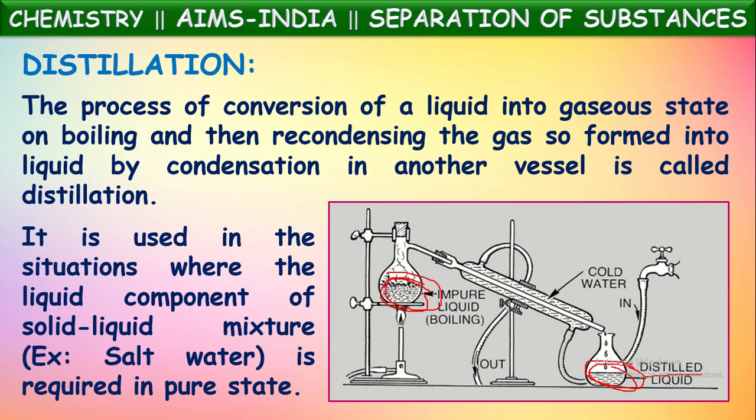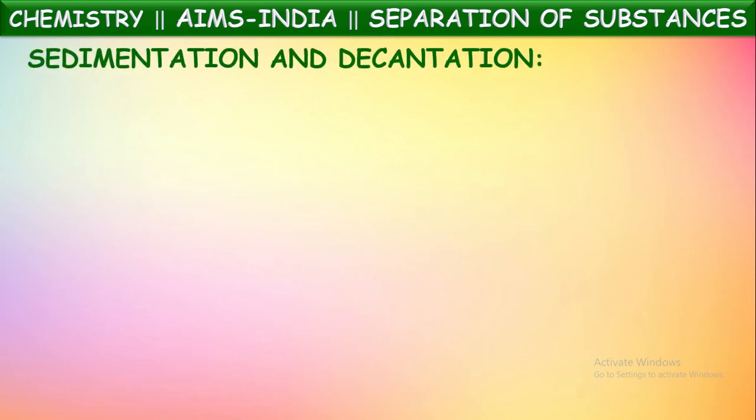Okay, so distillation involves two processes here. One is first evaporation. Evaporation of liquid happens. Those vapors of liquid are collected and condensed on their journey. So evaporation first and then condensation. Both are occurring in this. In this method, liquid component and solid component both are collected. Okay, this is the distillation technique. Got it? Next, let us see the sedimentation decantation technique or sedimentation decantation process.